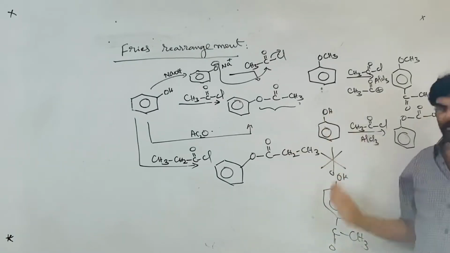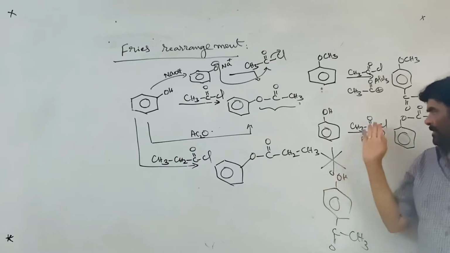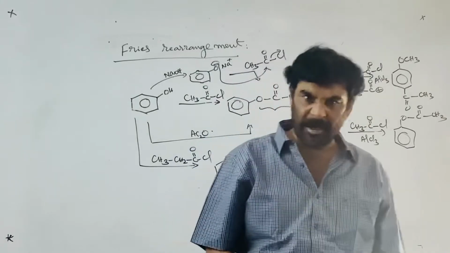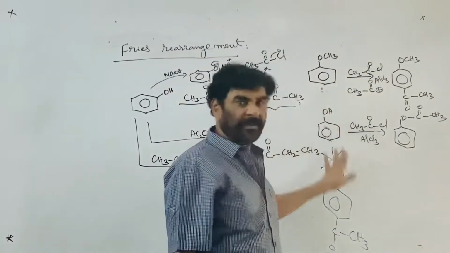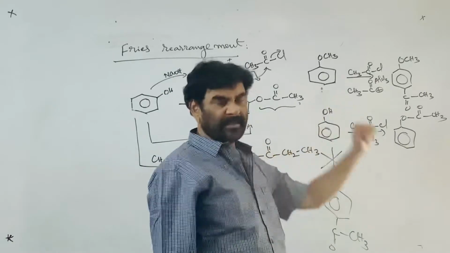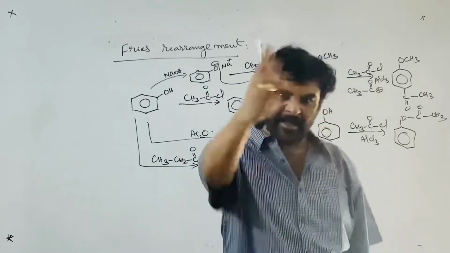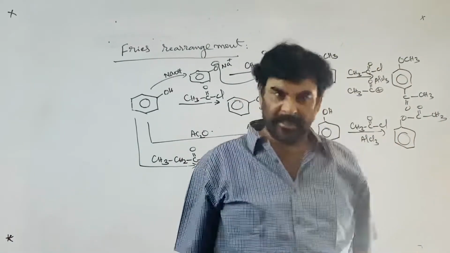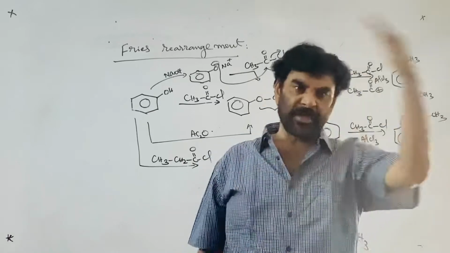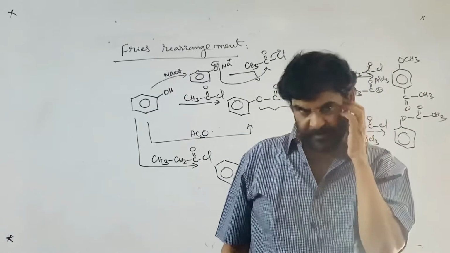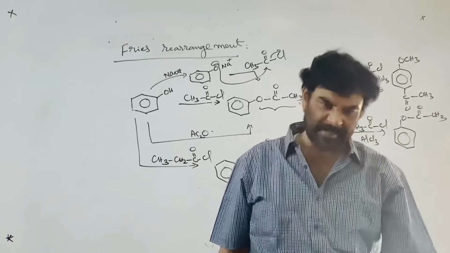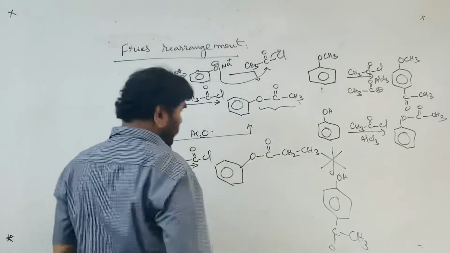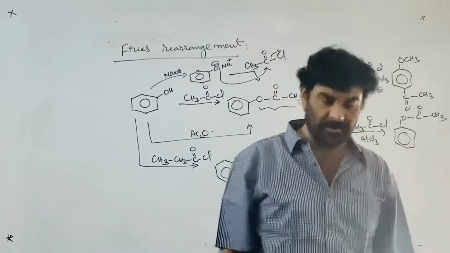Because this is interfering in the reaction. This has the reaction with the reagent, acetyl chloride. So some reactions are not possible on the aromatic ring of the phenol, due to interference of the OH group. This is more common in aniline, if the group is NH2: for each and every chemical reaction, the reaction preferentially takes place on the side chain, that is the NH2 part.